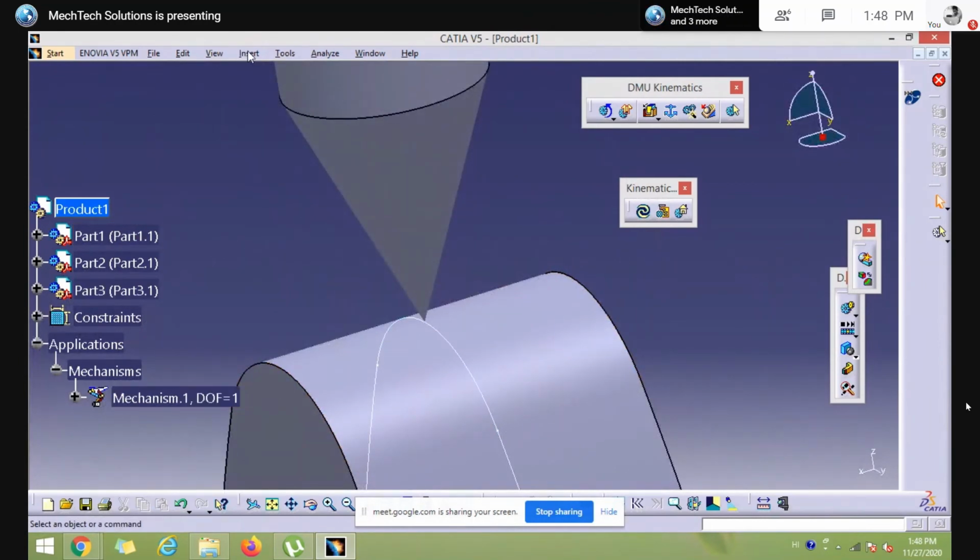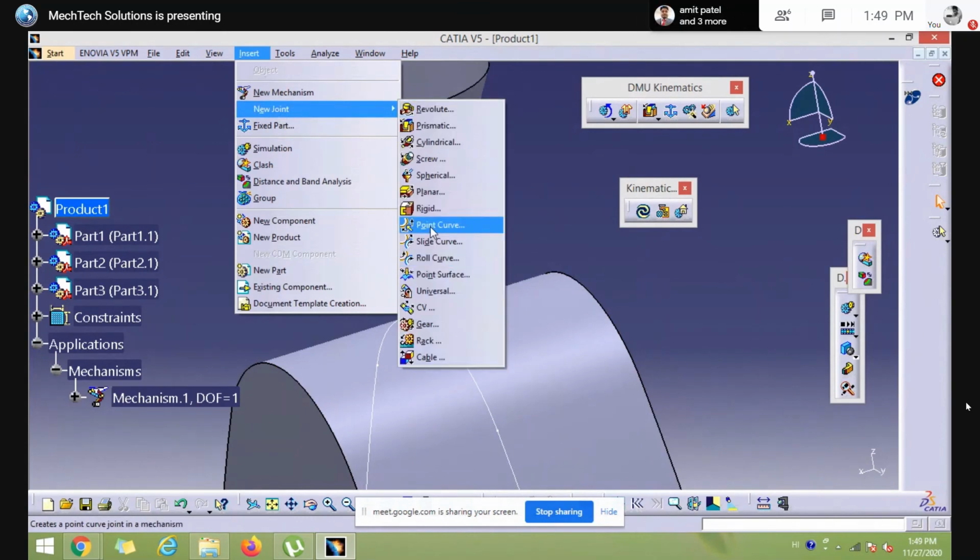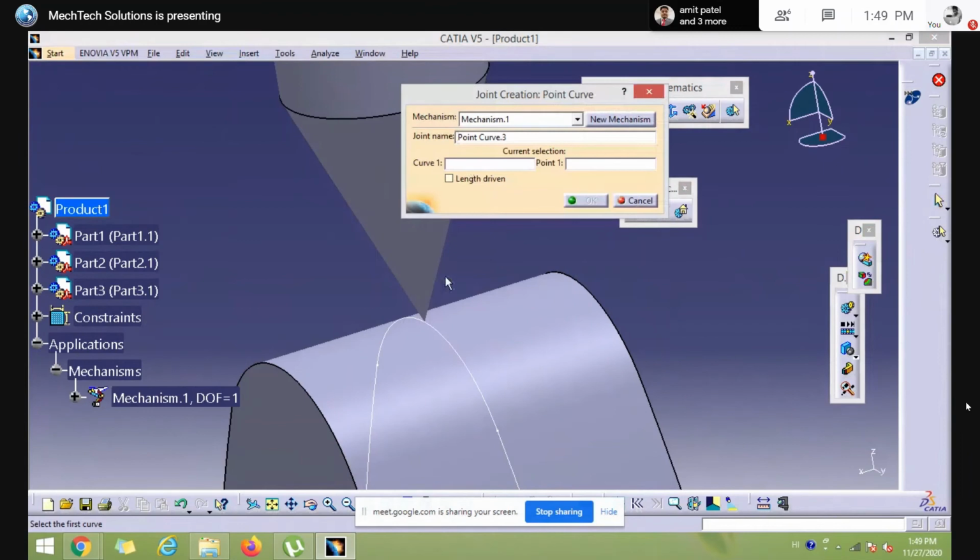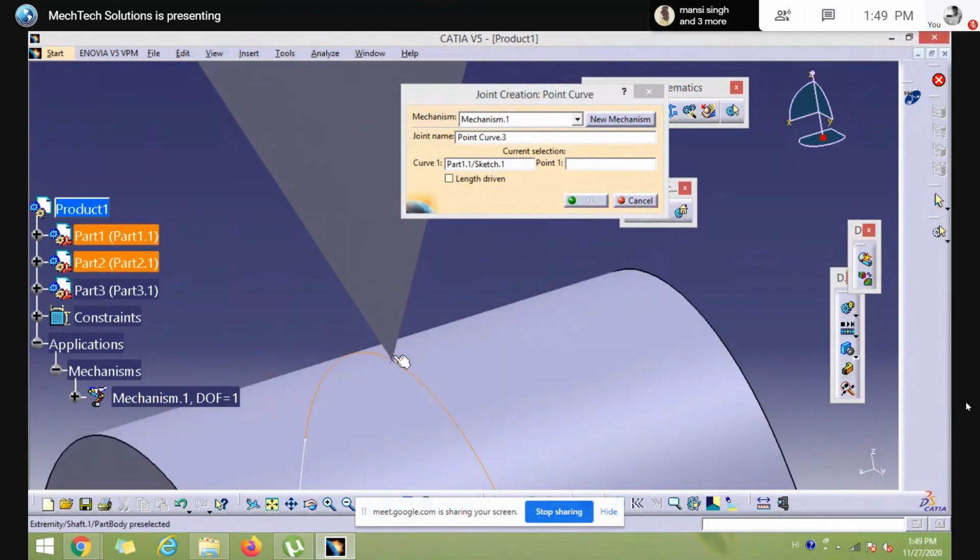So how to use the point and curve joint? Select the point and curve joint, select the curve and use the point. Where is the point? This one. If there is a small gap, then it will not select and it will give some error.